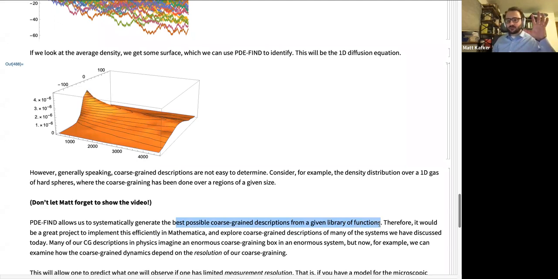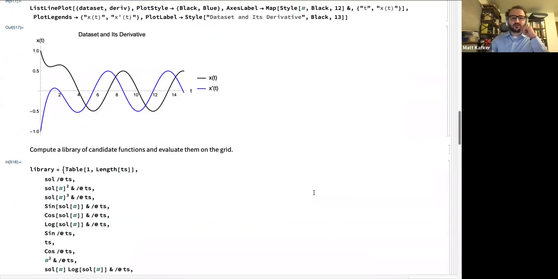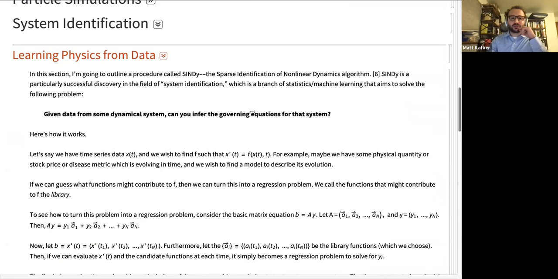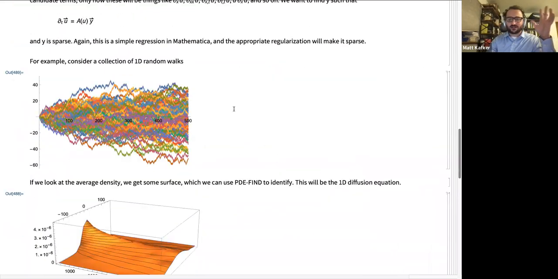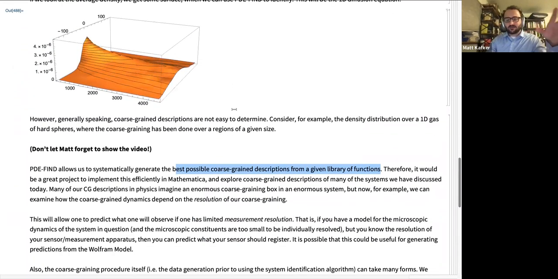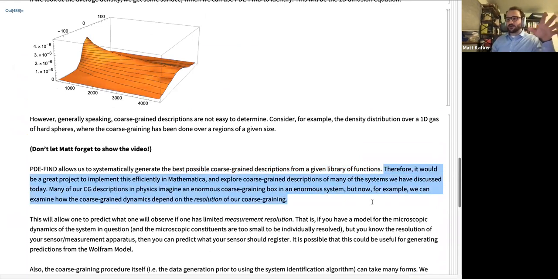And you get to choose how you're coarse graining. So the number of models in physics which allow for analytical coarse grain descriptions are, I think, few and far between. And we've spent a lot of our time looking, oh boy, I didn't close all these menus, so there's too much information here. We spent this whole hour plus looking at all of these particle simulations of systems which are not at equilibrium, and some of them might be doing weird things, having these weird interactions. All of these things, in some sense, can be coarse grained, and the coarse grain description can be found in this principled manner using these regression techniques.